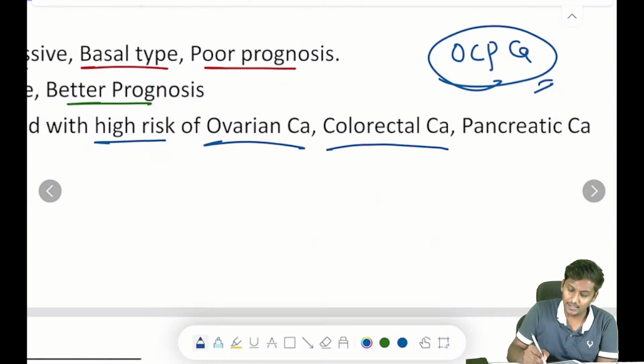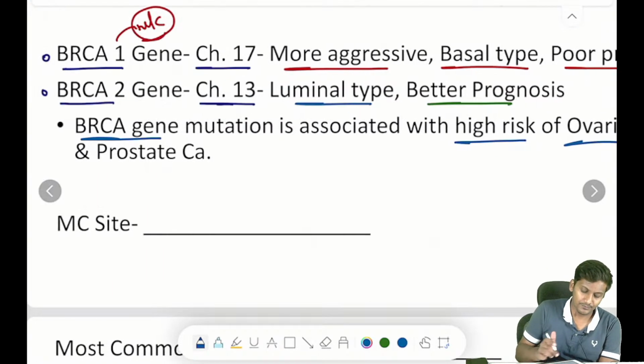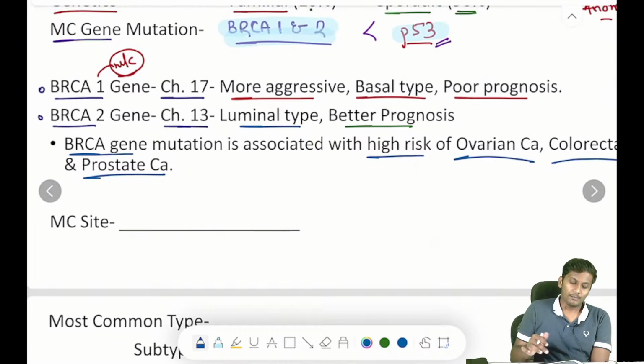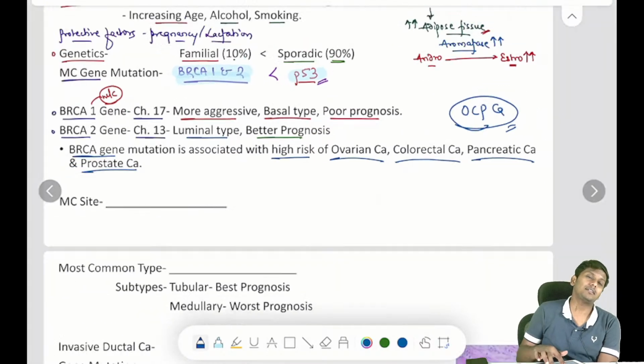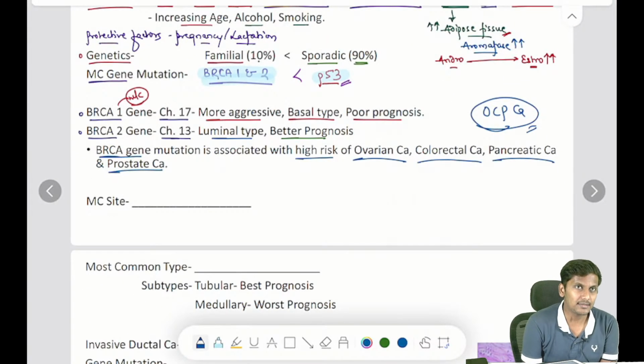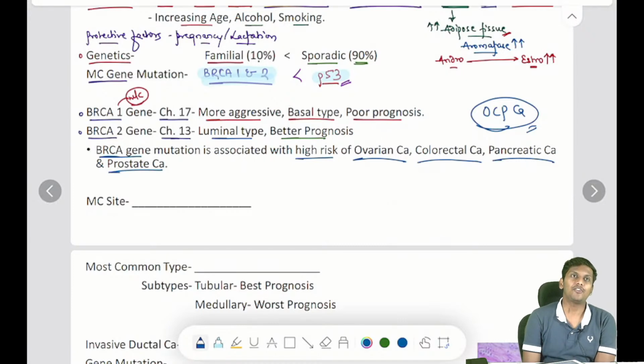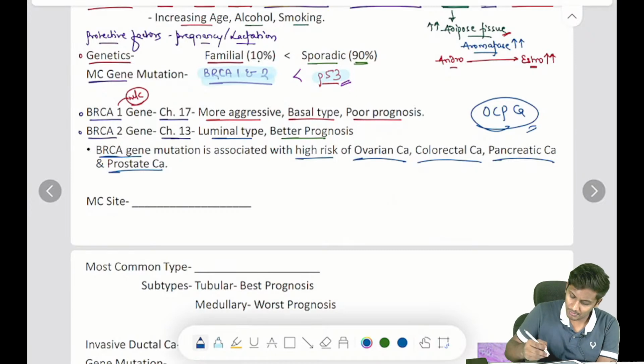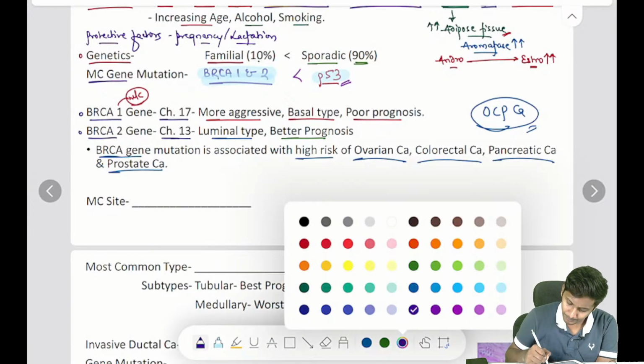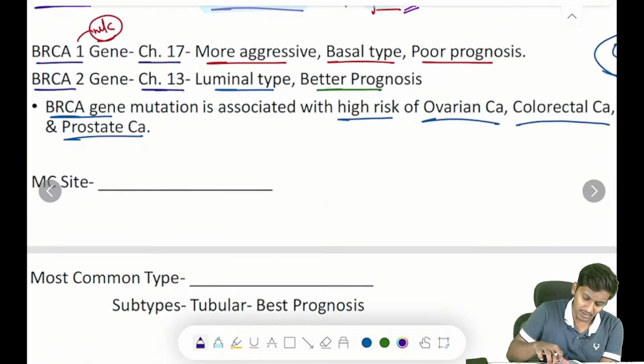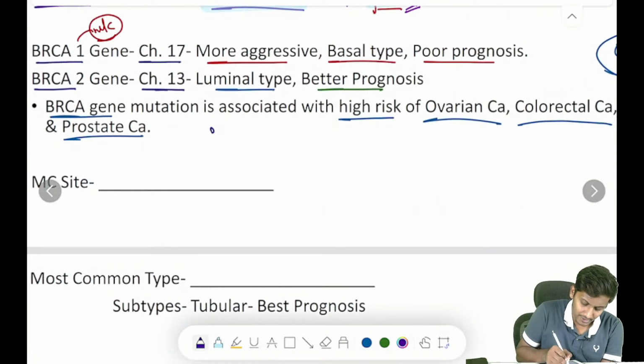One is the pancreatic cancer and second is the prostate cancer. Okay? So you have to remember BRCA gene mutations are going to increase the risk of which cancer? OCP cancers. O for ovarian, C for colorectal, P for pancreatic and prostate cancer. You have to remember the P. These P cancers, whether it is your prostate or your pancreatic cancer,